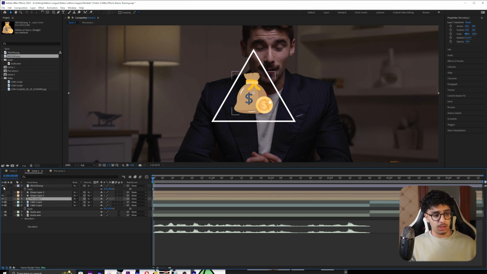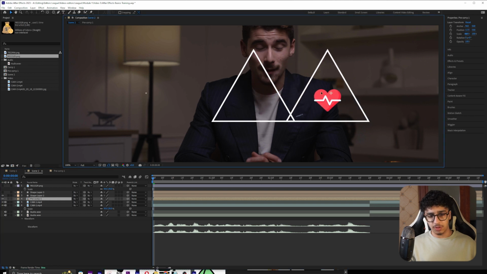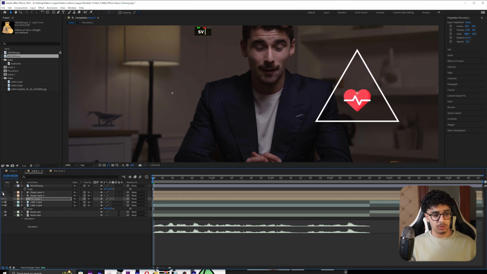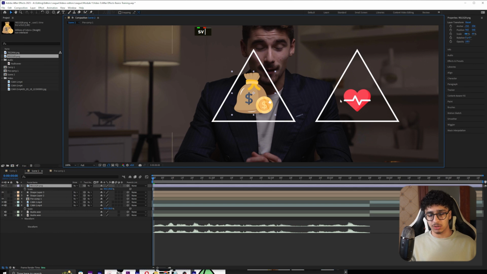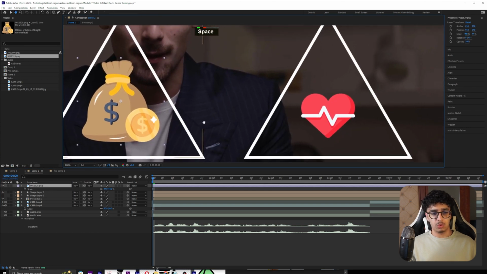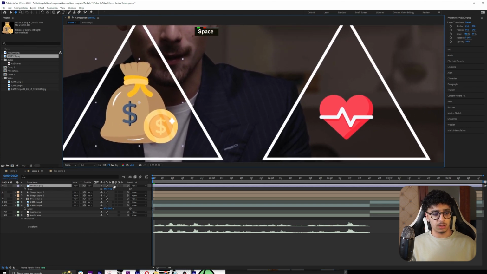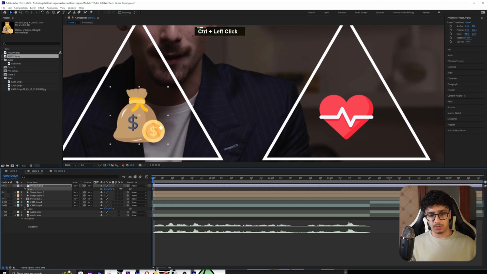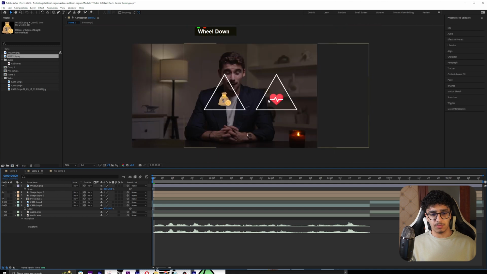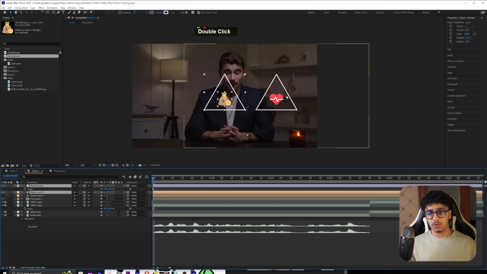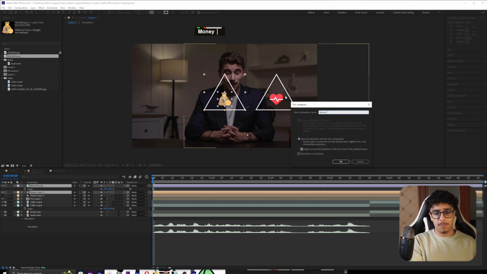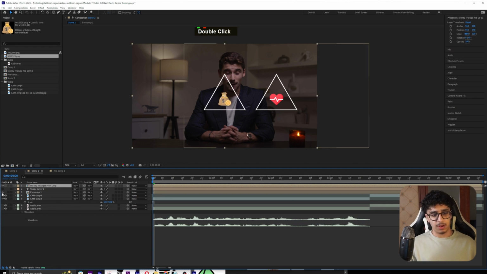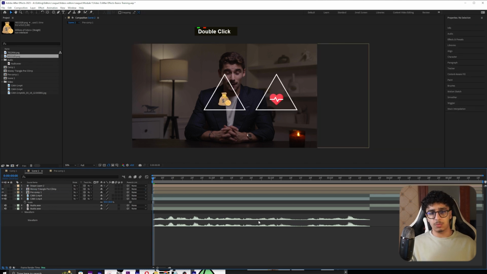So I will take this pre-comp, and you might not be able to see it, but I will move it to the left. Okay, ignore this extra shape layer, and just so we can match the placement and everything. So I'll use my hand tool to take it to the left. I'll scale this down, I'll keep taking this down, so we just make sure of the sizes. So you can see the size is very fine. It's very similar, so we're good. Now I will pre-compose these two as well. So I'm gonna name them money triangle pre-comp. So now I have money triangle pre-comp and we have the heart triangle pre-comp, and we need the last one,